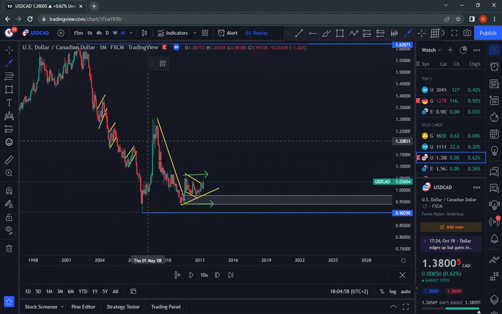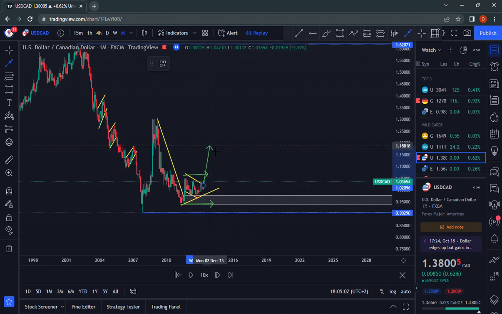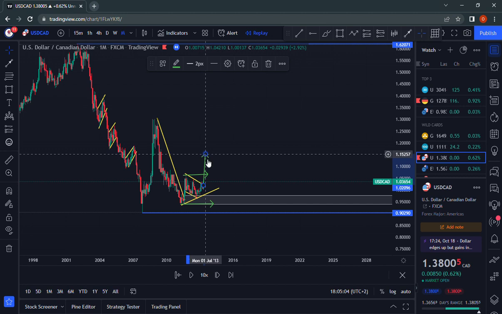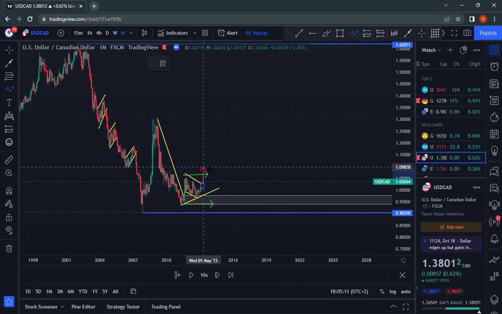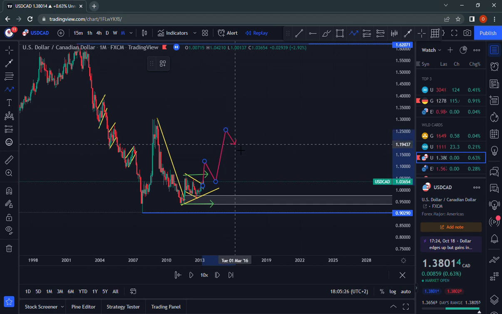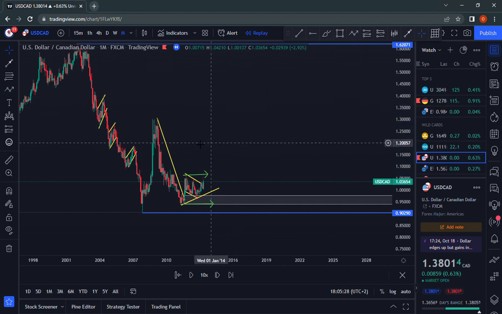And what will make this market an uptrend is if we get a higher high, higher than this one. We need to get a higher high, and then from there a retracement, which will give us a higher low. And then from there, we can say that yes, we are trending to the upside. So now what we wait for,